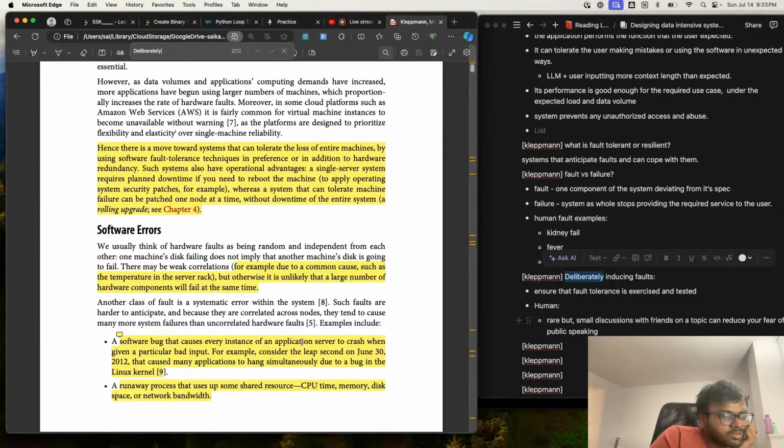Those are all part of the software. So we use hardware and things like communication for software. But what if, let's say,